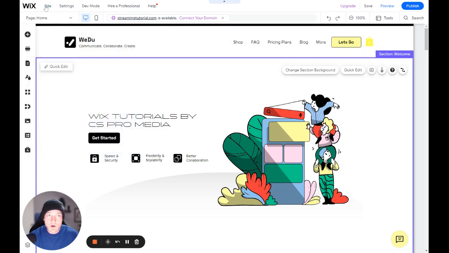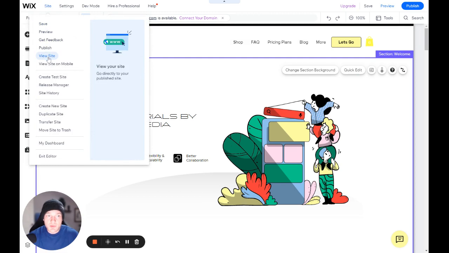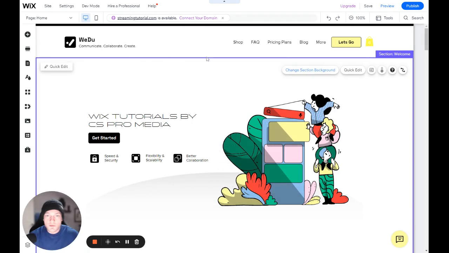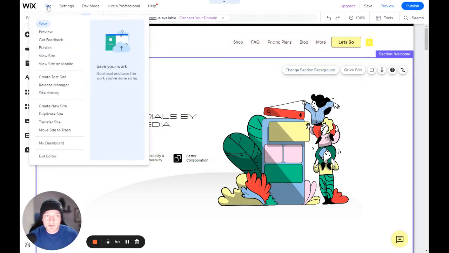View your site, publish. So this is how you would get that URL to show somebody outside of Wix Editor, so they'd be able to use that URL to go onto your website and see whatever you have published. You can view your site on mobile, so you can actually generate a QR code, and that will allow you to scan it and then see the website on a mobile device. We can create a test site,